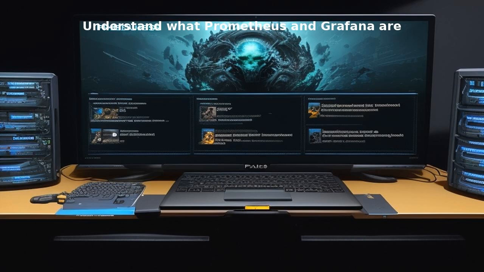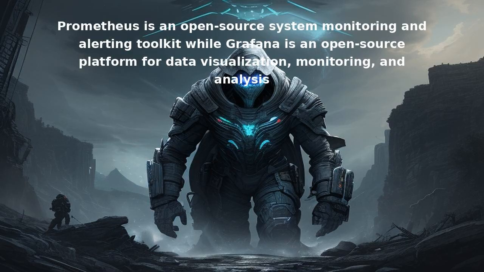Now, let's dive into setting up Prometheus. Firstly, we need to set up a Prometheus server. This can be done by installing the Prometheus package. Once installed, we configure the Prometheus server. The configuration file, typically called prometheus.yml, defines what targets Prometheus should scrape and how frequently. Then, we start the Prometheus server. You should now be able to access the Prometheus interface on your browser.